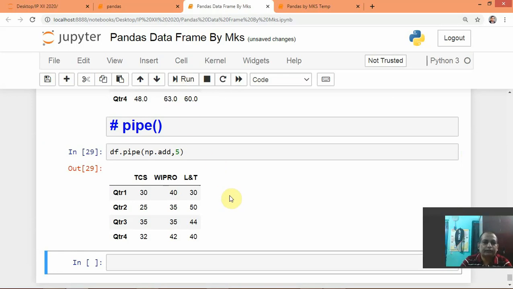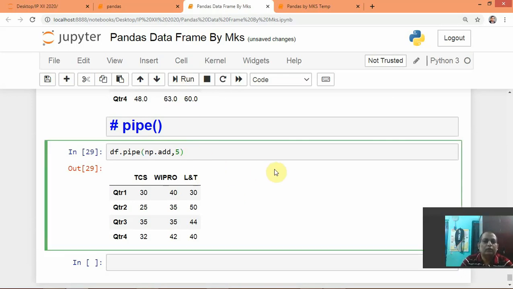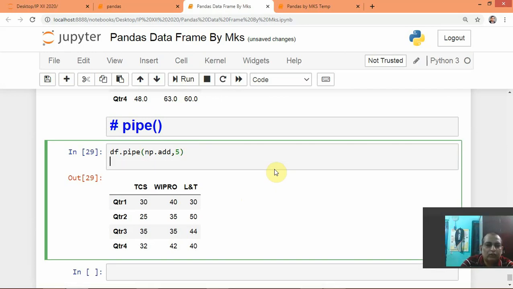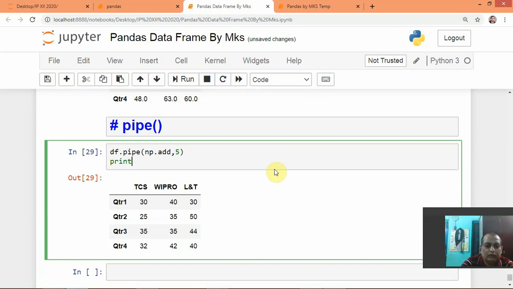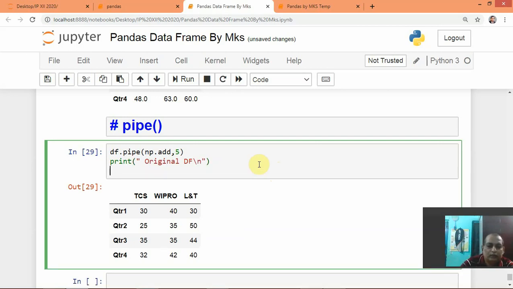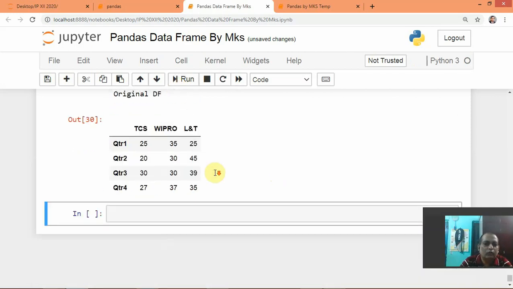Now we can see here, this is our output. Suppose we write print original data frame, and we write here df, so it will give you both.